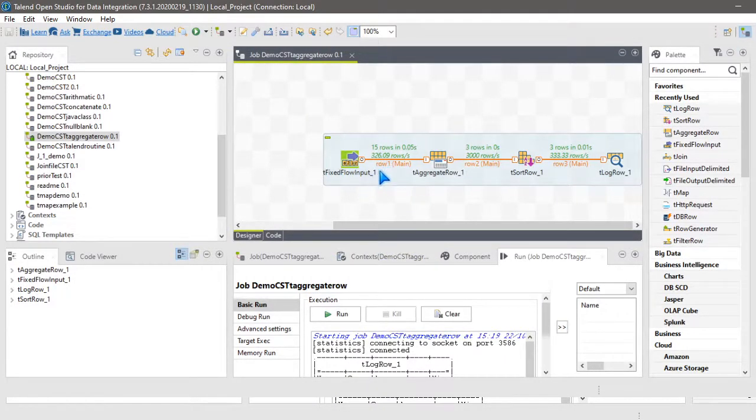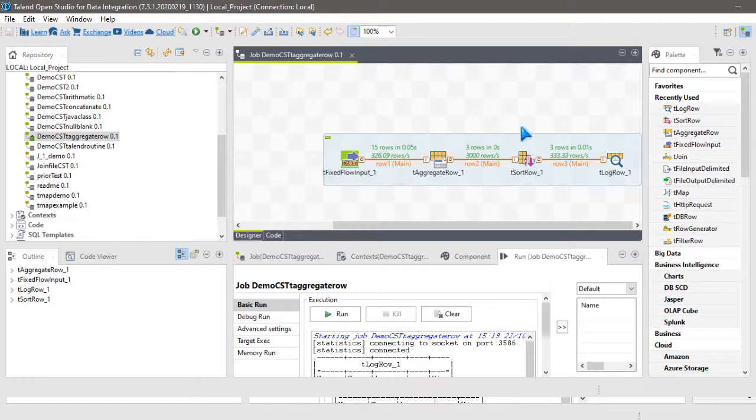So you see how different outputs are processed here. Totally, in the input there are 15 rows. When it went to the aggregate row, it was converted into 3 rows. Now you understand the concept of aggregation, right? You people were saying city can be combined into state, state into countries, and month into quarters. That is what we have done here. Individual rows we have combined and aggregated into only 3 rows. Got it?